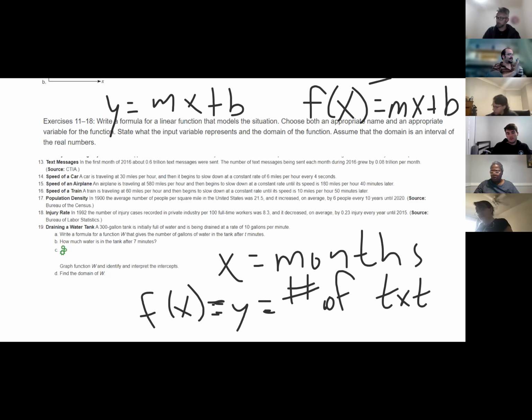In this case, teacher, the function is going to be like the mx plus b. The number of text messages is the b. No. So this,